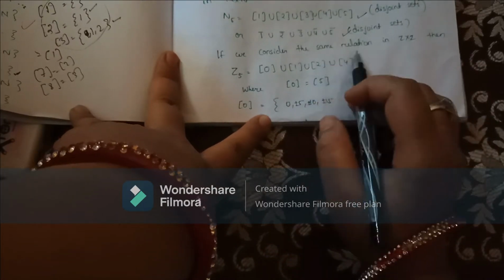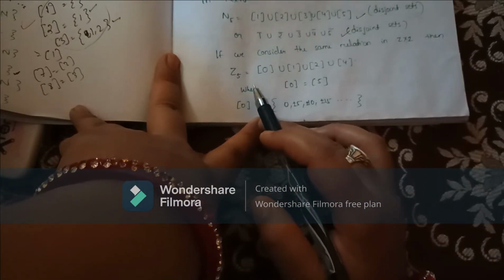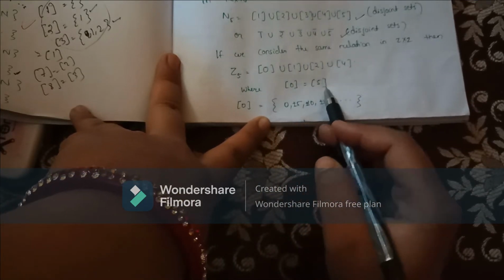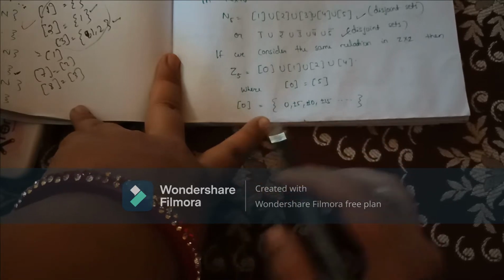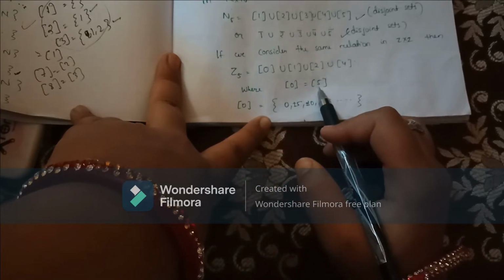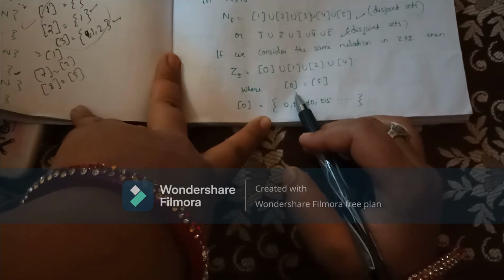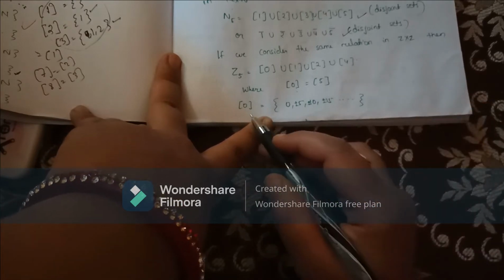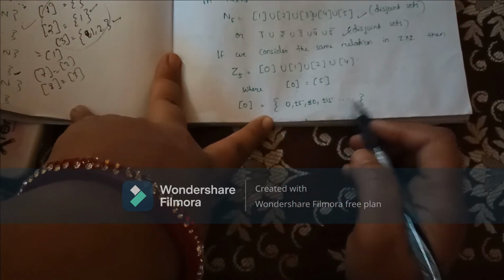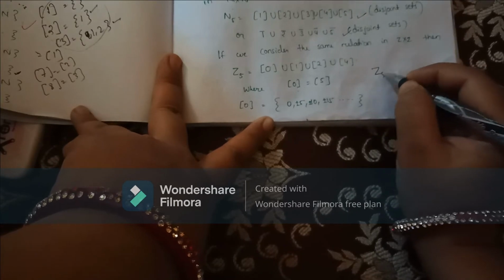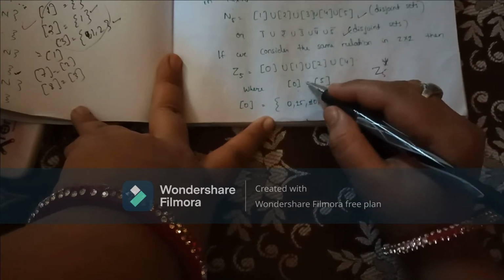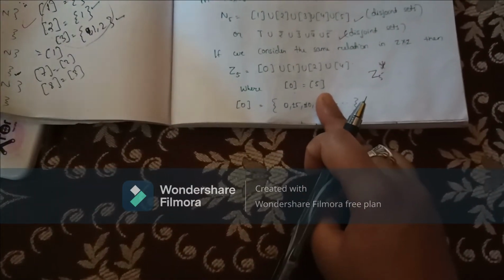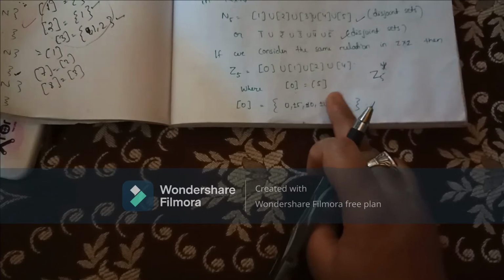So if we consider the same relation in Z cross Z, then Z5 is equal to this much, because the class of 0 is equal to the class of 5. Just before, in the Cayley table we made, I showed you that the class of 5 is equal to the class of 0 when modulo is 5. That means the difference must be divisible by 5. So 0 is equal to this much and 5 is also equal to this much. Okay, and remember we did Z5 star, that means this excludes the 0 class. Okay, so if we are excluding the 0 class, then the equivalence class of 5 will also be excluded.